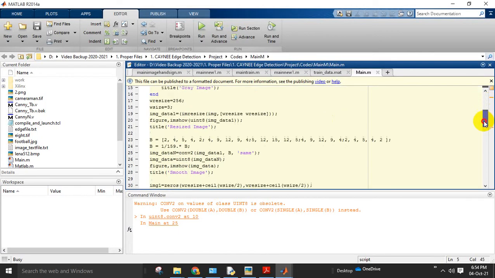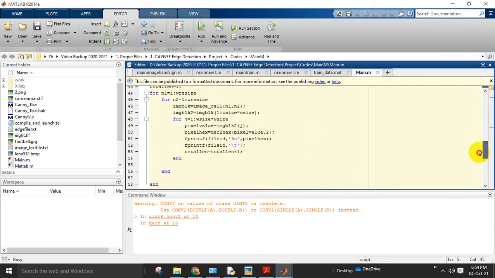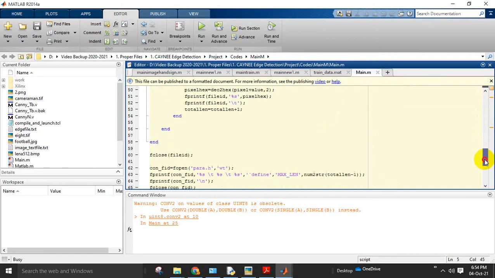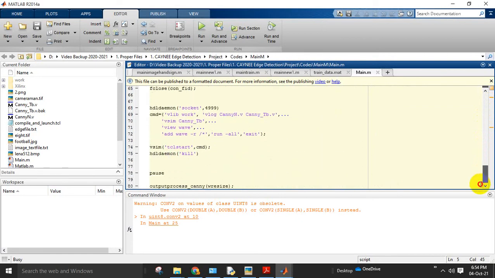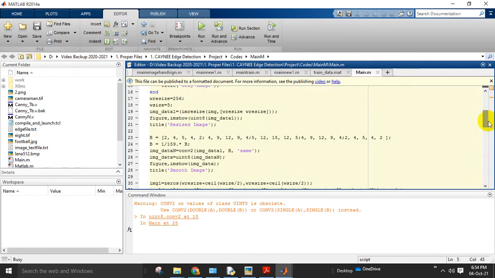In the VLSI part, the basic image conversion to a text file happens here, and after that the file is loaded into the Verilog code. The Verilog code is interfaced with the HDL-based software, and based on that, ModelSim is executed now. This process is going on here, which is why it shows the busy option. Once this process is completed, the VLSI part will execute.